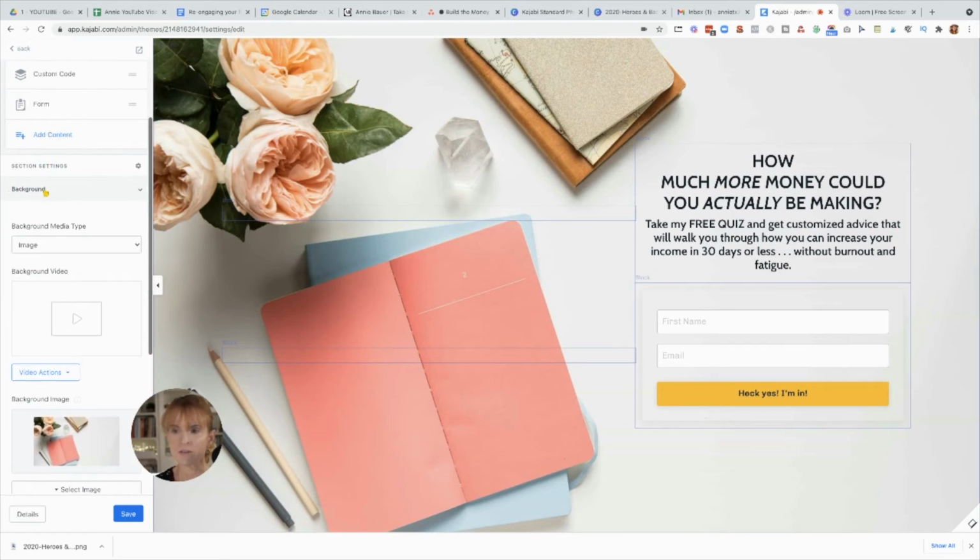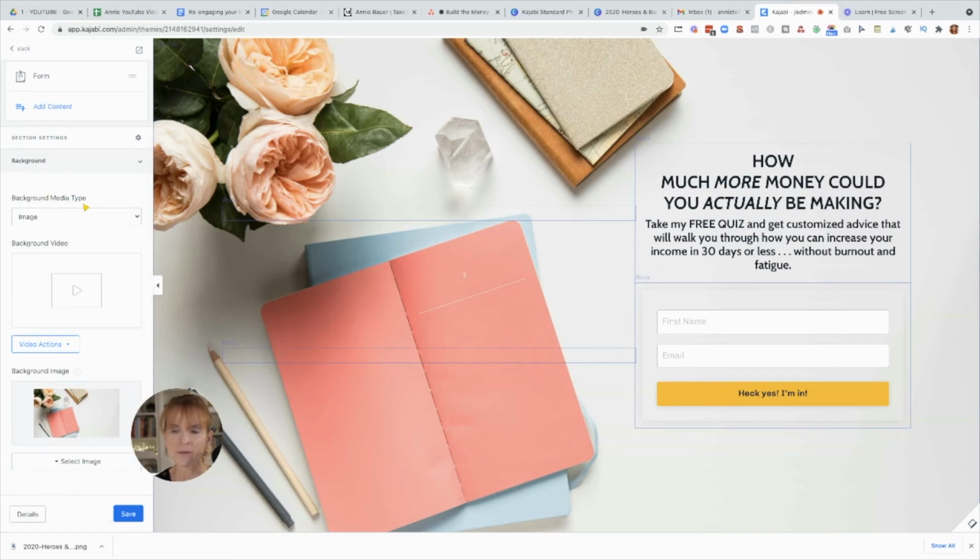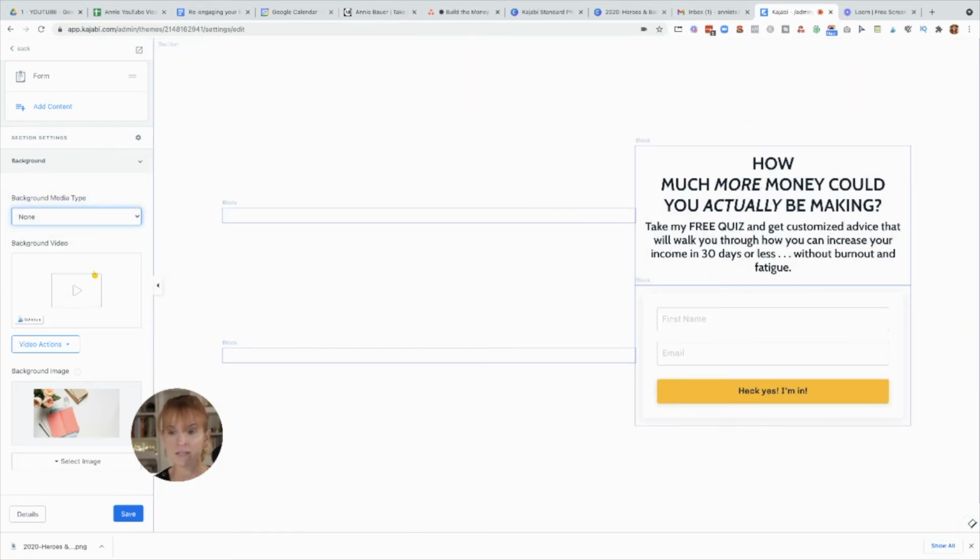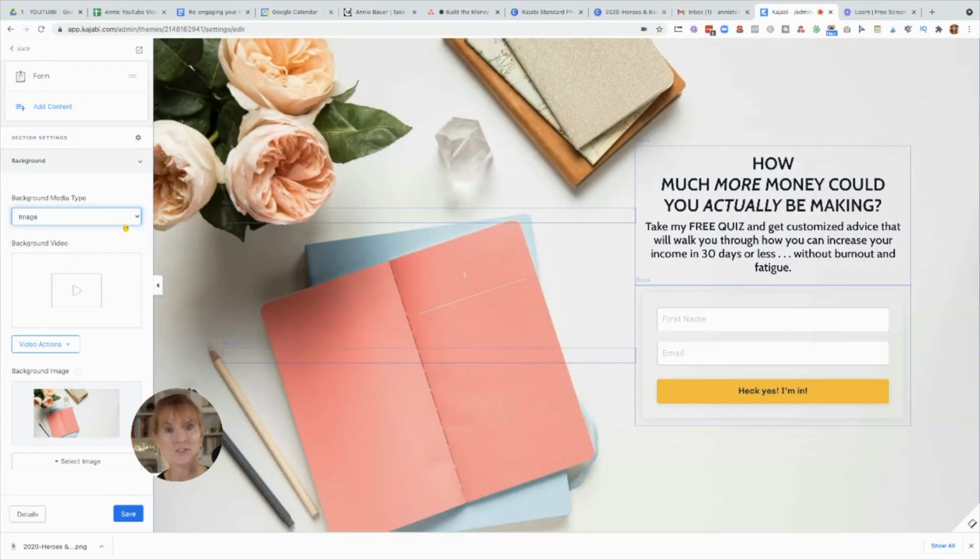And you can see here underneath background that background media type has been selected as the image. If you didn't want any image at all, you could say none and it would go to white, but I wouldn't recommend that. Now, the best images for your background that perform the best and will convert the best for your page is an image of you with your face, preferably either looking directly at the person, so directly facing out and making eye contact with the viewer, or looking towards the box. So if your gaze is looking towards the box and towards where you want them to give their name and their email address, then that's also another option for an image.